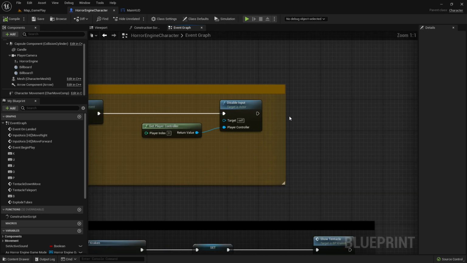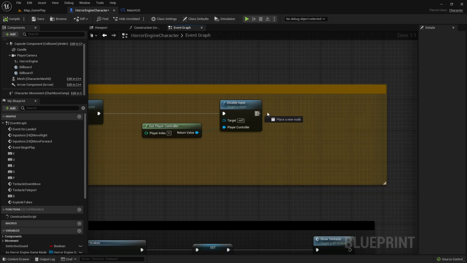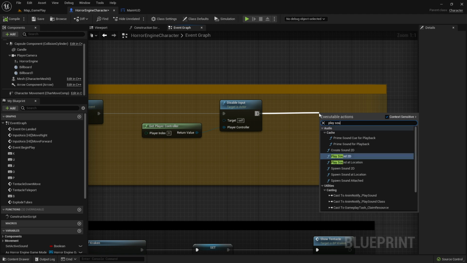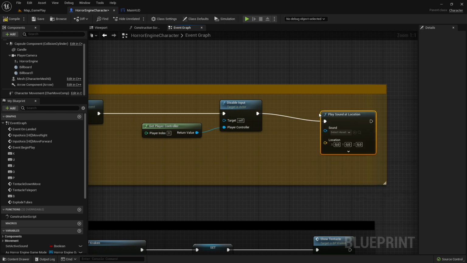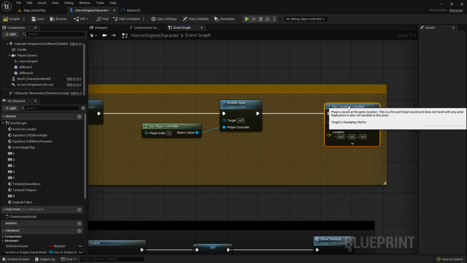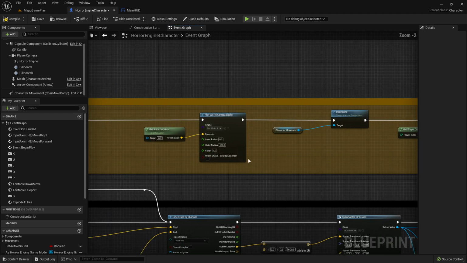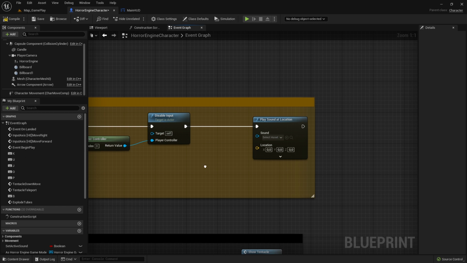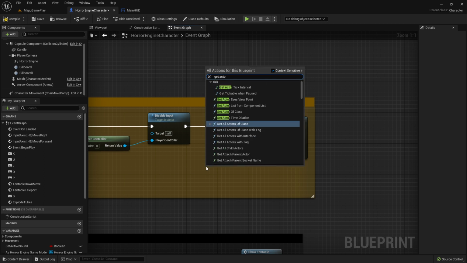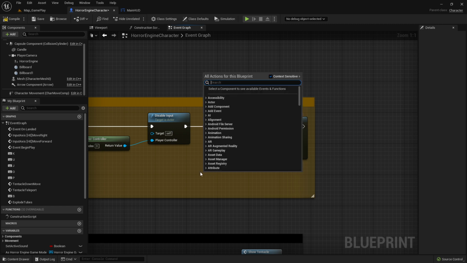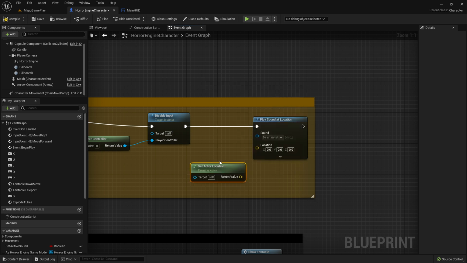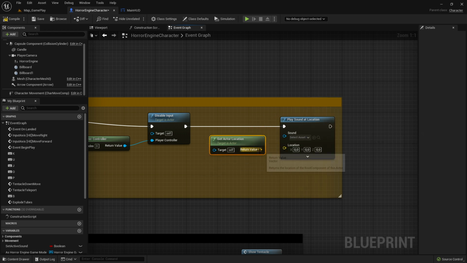Let me see, can I add this one here as well? Let's play sound at location. Play sound at location. Let's do this. And this location is just again get actor location. Let's copy this one. You can just write here get actor location. Anyway, I press Ctrl V. It's faster, not to waste too much time. Just write get actor location, and then here, because I want to play it on the thing,